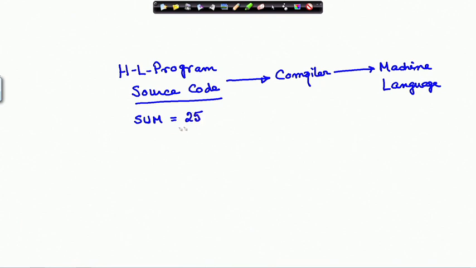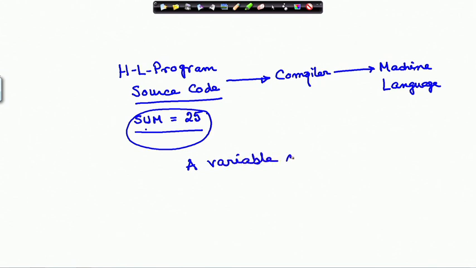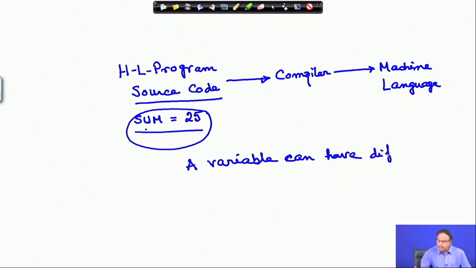When I say that sum is equal to 25, the compiler will look at this sum, which is a variable. It is a variable because it can be loaded with different values.